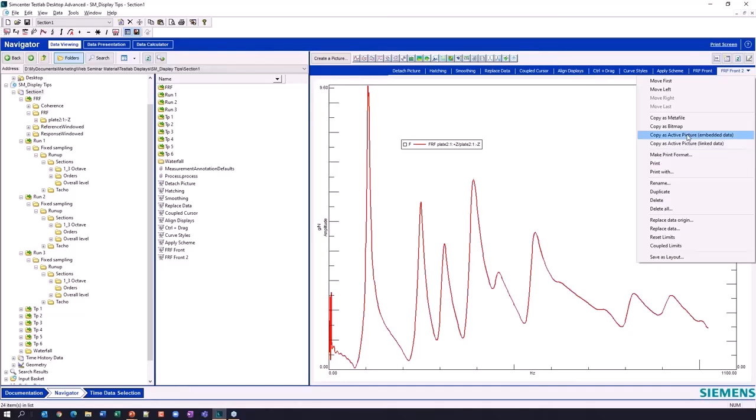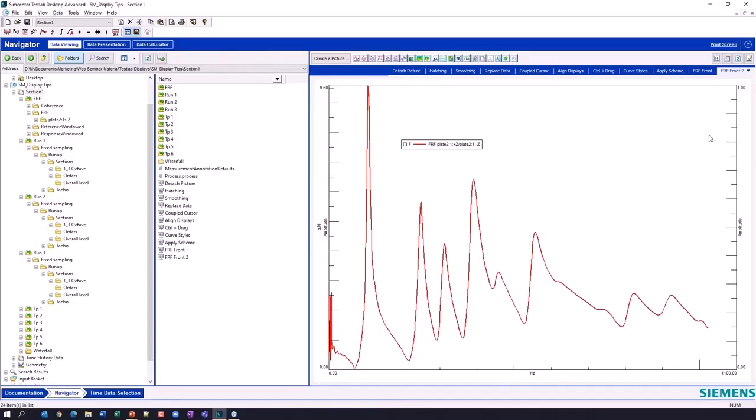So if I just want to plot this data into a PowerPoint presentation or something, I can certainly copy it as a picture, as a bitmap or a meta file, and it will just be a static image. If I just need to communicate this information from this plot to a colleague or something, I can just copy it as a bitmap and it will be as you see it, fixed for all time. However, a little bit more flexible and powerful method of doing that same thing is copying as active picture.